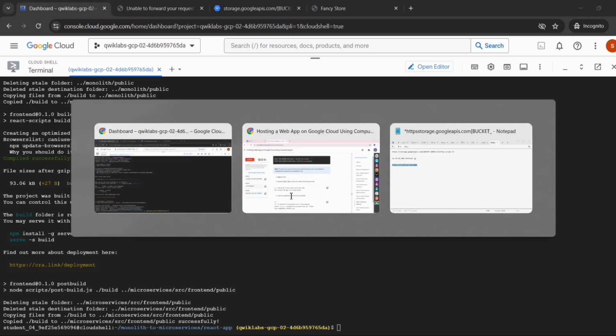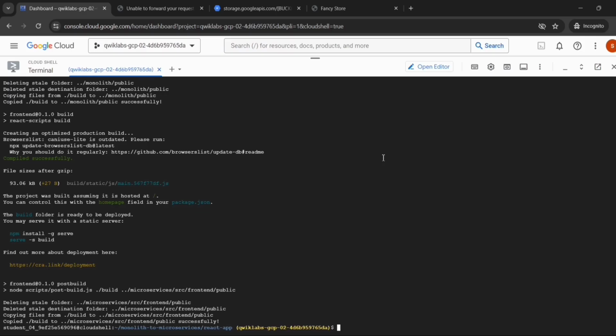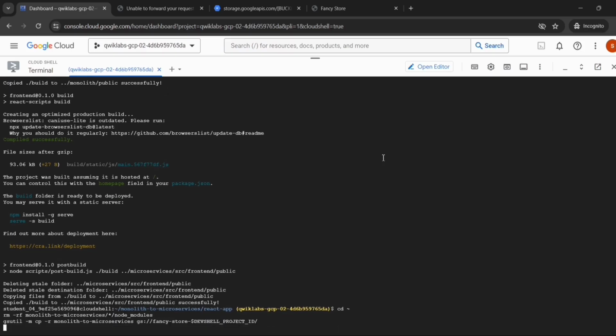Now go back to the lab instruction, copy the sixth command, go to the Cloud Shell, paste it, then press enter.